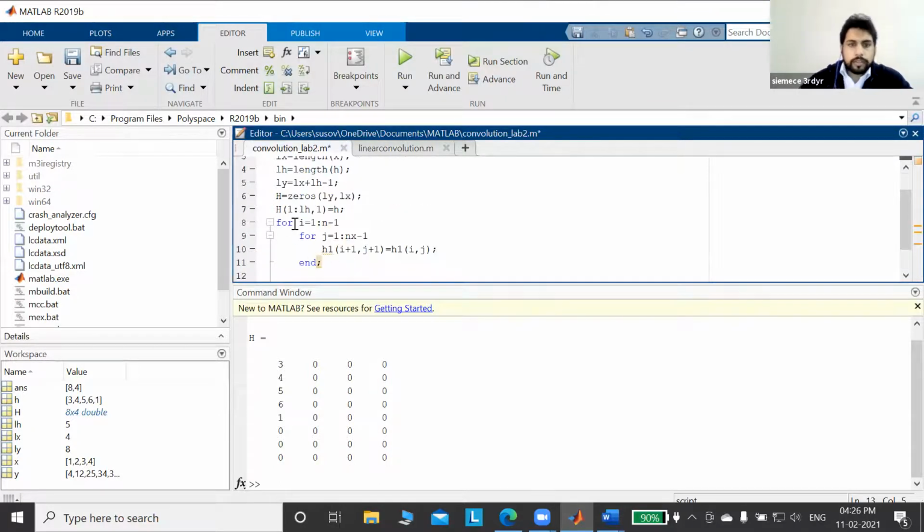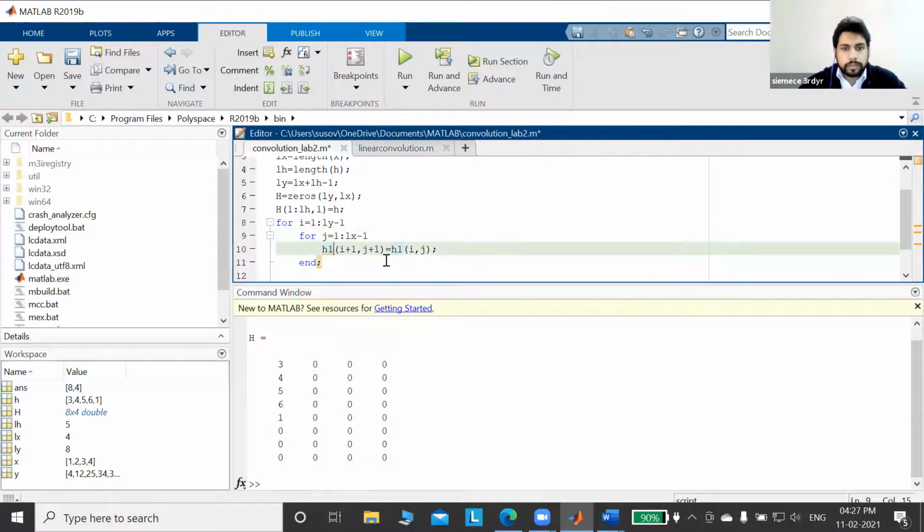First I defined a loop i, which goes from 1 to n minus 1. N here will be Ly minus 1, and it will be Lx.